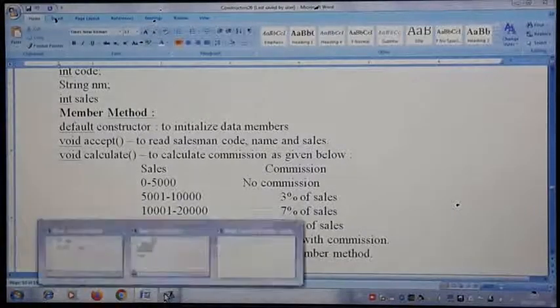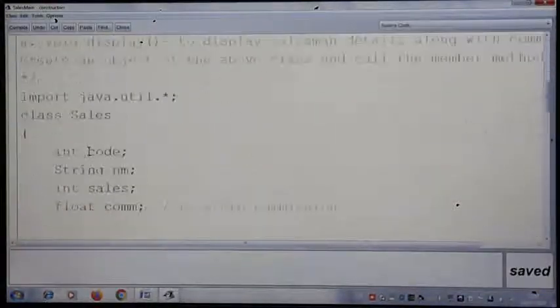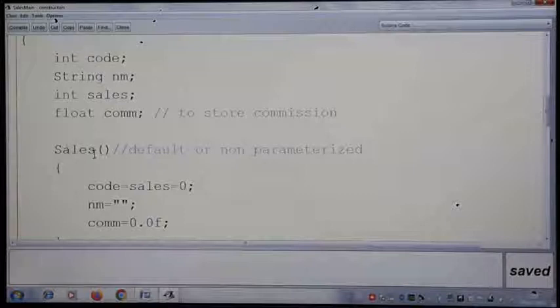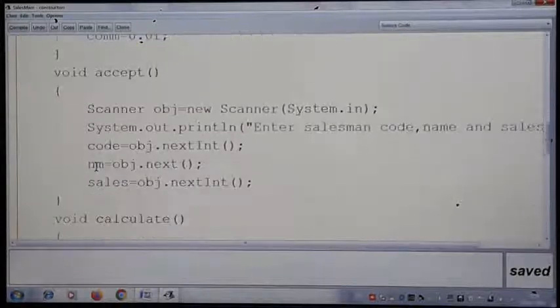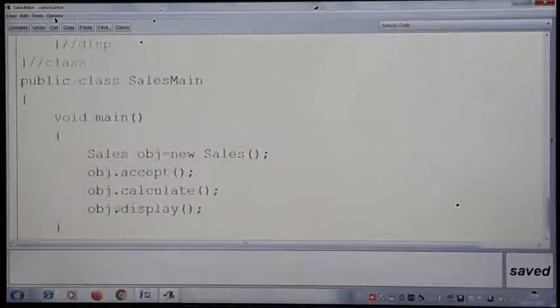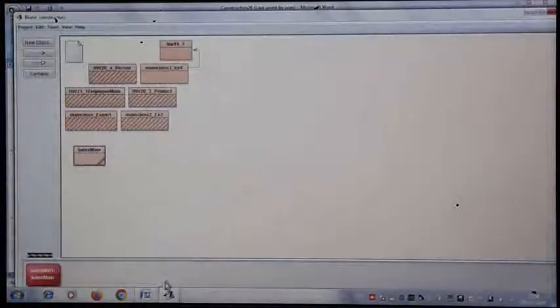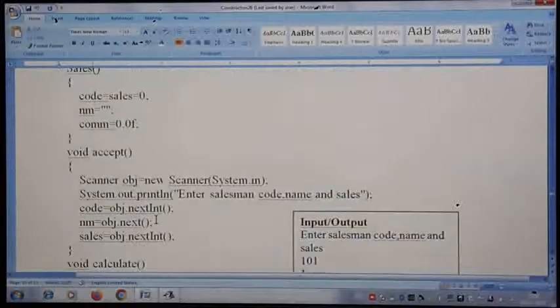I hope with this you all understood how exactly we create an object and call all the member methods, and how we write data members inside the class and all the member methods inside the same class one after the other. We also understood how to create an object and call all the methods in order using a main method. Similarly, last class I gave you one practice 21 homework question.